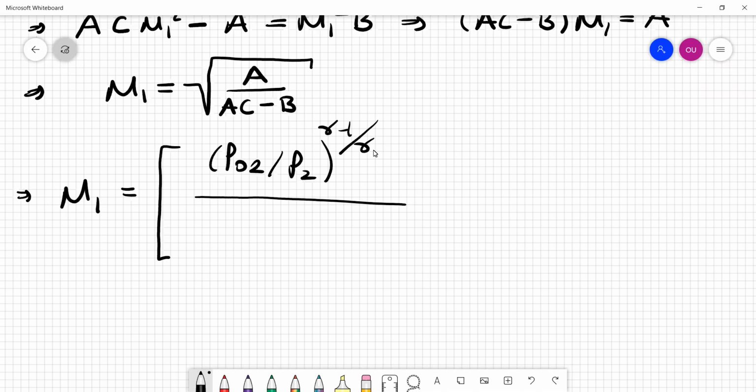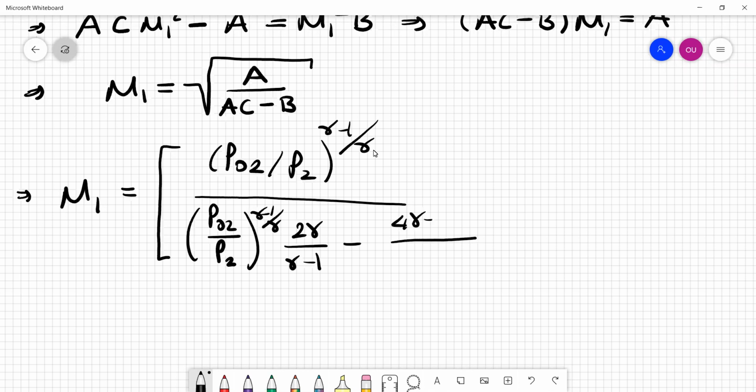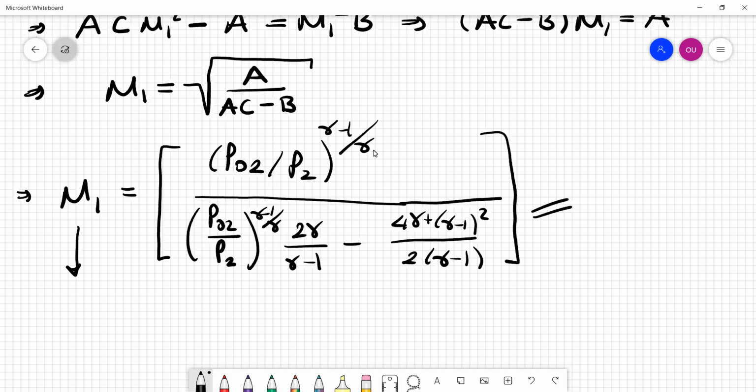And then A times C, so A is equal to P02 over P2, gamma minus 1 over gamma, times 2 gamma, gamma minus 1 minus b, which is 4 gamma, gamma minus 1 squared, 2 over gamma minus 1. Okay, so this relation is therefore our final relation, and by the way, I say M1, M1 is the